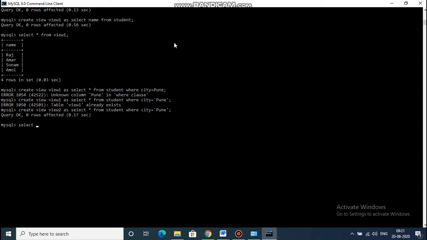Select star from view2. Only one record is given by the select statement, as we have mentioned in the condition while creating the view, city is equal to Pune. So this is the use of view.